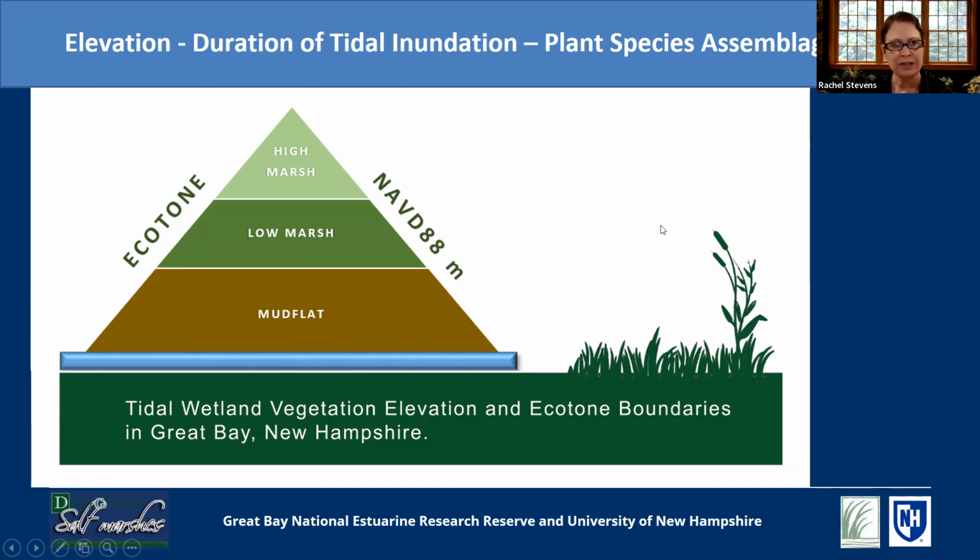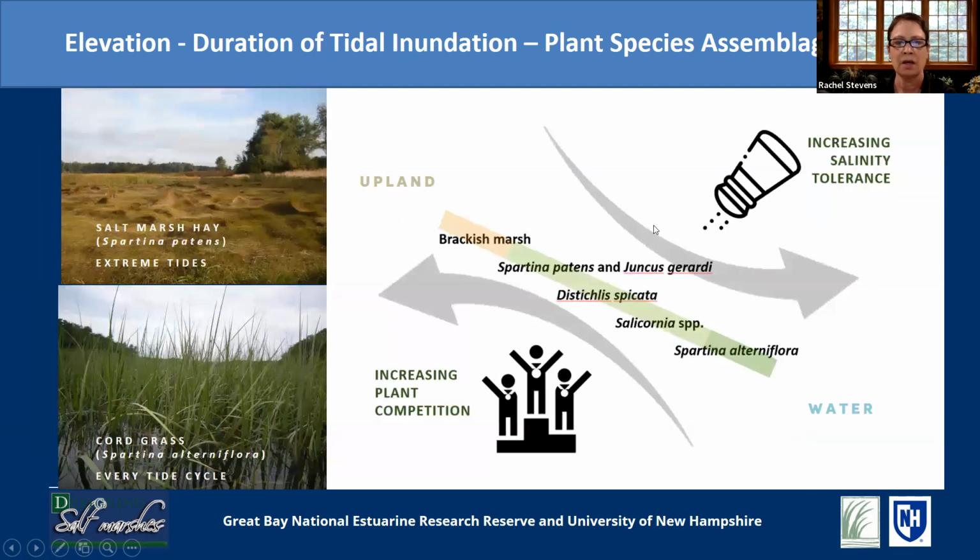And our interest in elevation is because that's the primary determinant of the duration of tidal inundation, and that broadly affects the plant species assemblage. So the amount of tidal inundation really determines ecotones. Ecotone is the interface of two biological communities. And then in a marsh system, within those ecotones, it's things like plant competition that really affects vegetated species assemblage